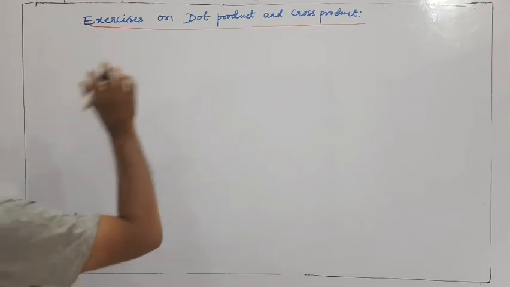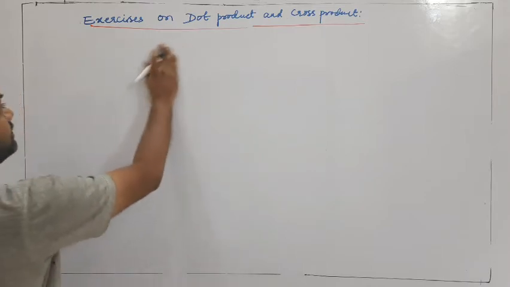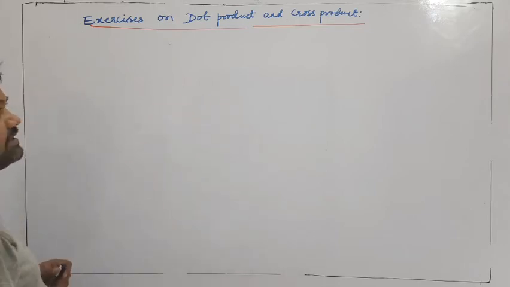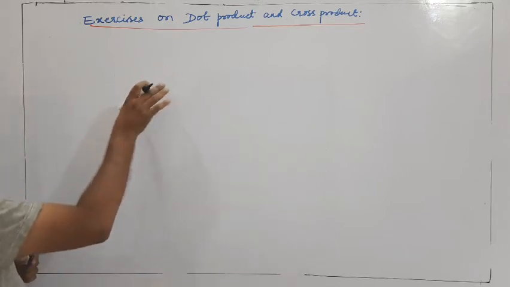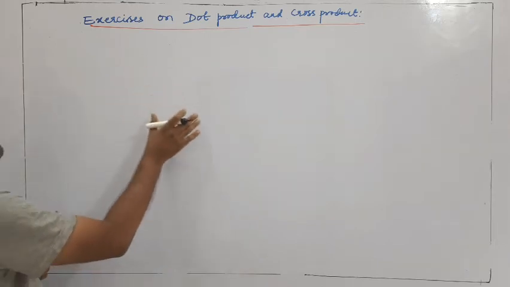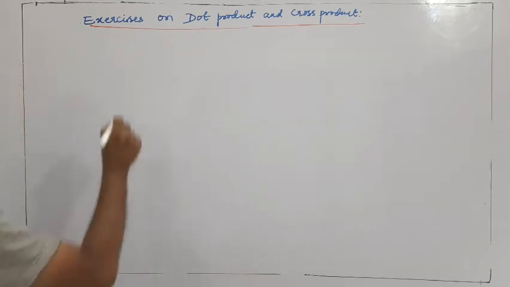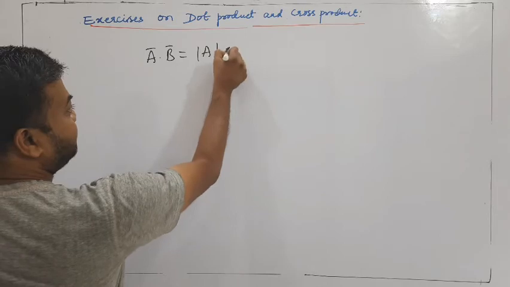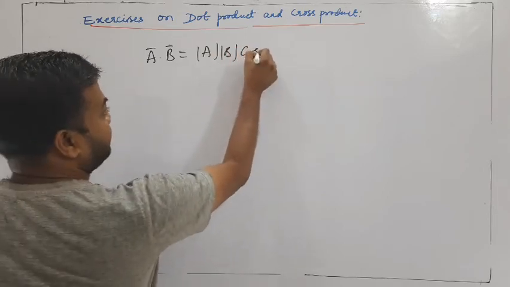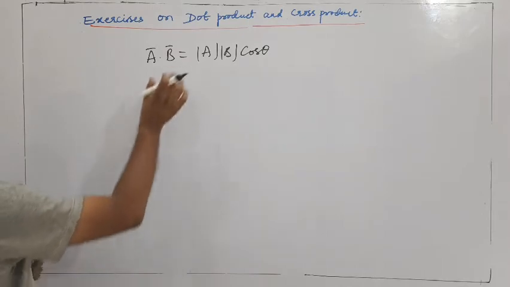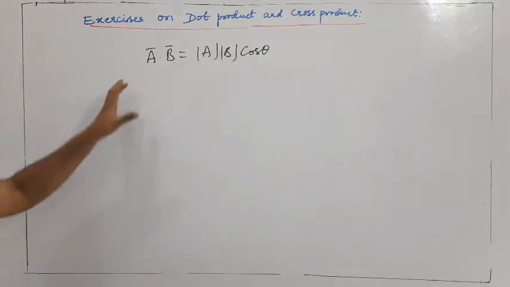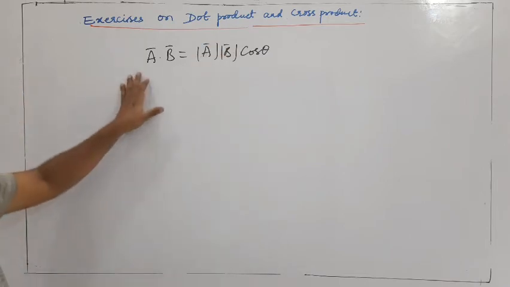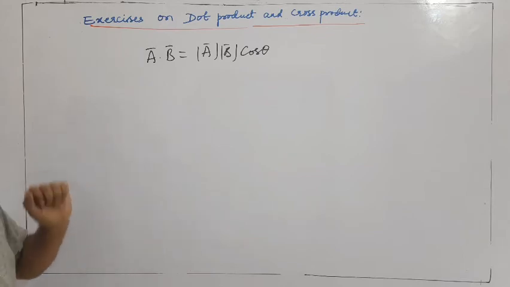Okay, first we will do problems related to dot product. Already you know dot product is a scalar product. The significance of a dot product is that it is a scalar quantity. If you take two vectors and multiply them, and the resultant is a scalar, then we can represent it as a dot product, where a bar dot b bar is equal to the magnitude of the two vectors multiplied by cos theta, that is, a bar dot b bar is equal to ab cos theta. The significance and the properties we have already seen.